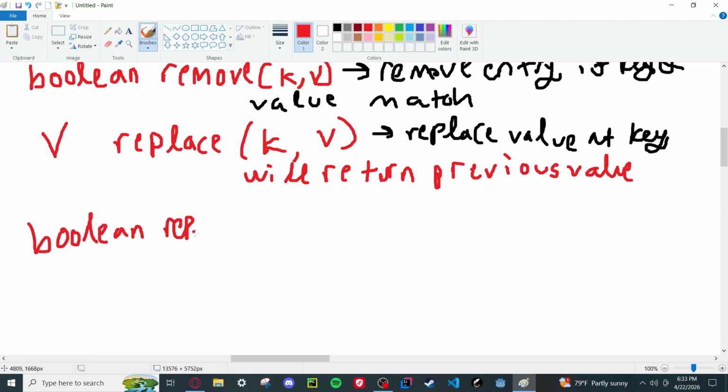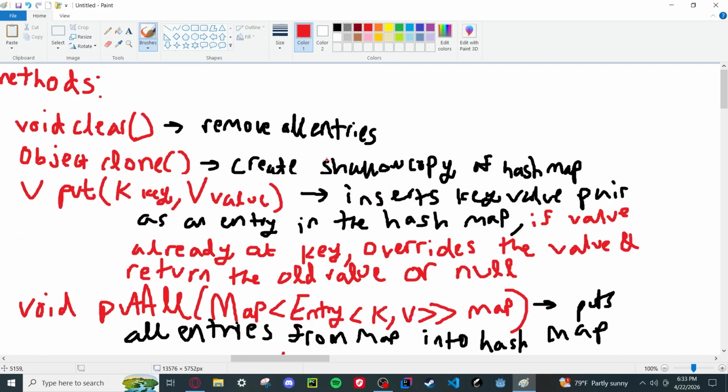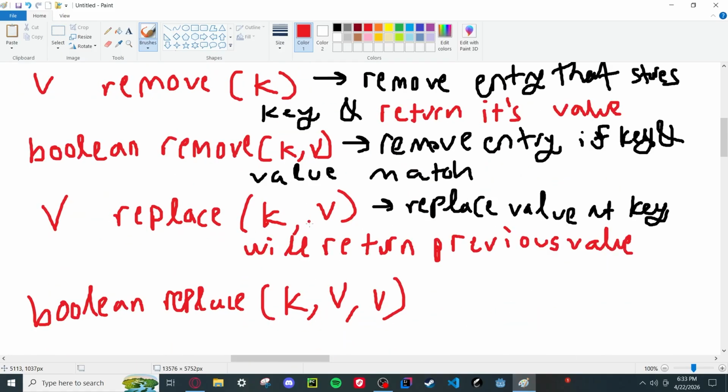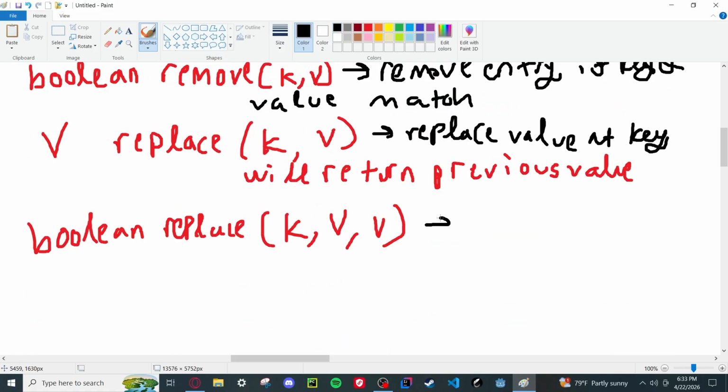Replace. So it'll take in three parameters, k, v, and then another value. I'm just writing them out because it'd be like this, right? K key, v value. I'm not going to write it down. I'm just going to say it like this. You can connect the dots. So it does replace